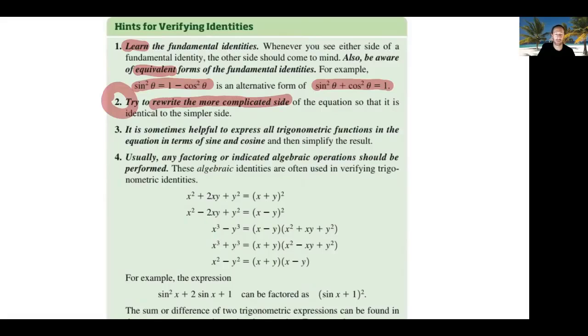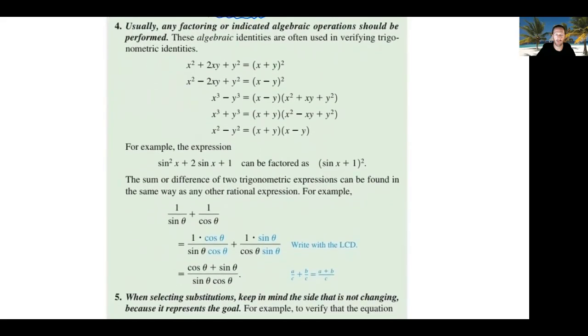and what you're trying to rewrite it as, right? Sometimes, step 3, you're going to want to rewrite things in terms of sine and cosine and then simplify, right? Sometimes, not all the time. But knowing all of those identities, that's why it's number 1, right? Knowing all of those identities is paramount. You have to know that first, then work with the more complicated side. Sometimes rewriting in terms of all sines and cosines can help. And then making sure that you know your algebra skills,